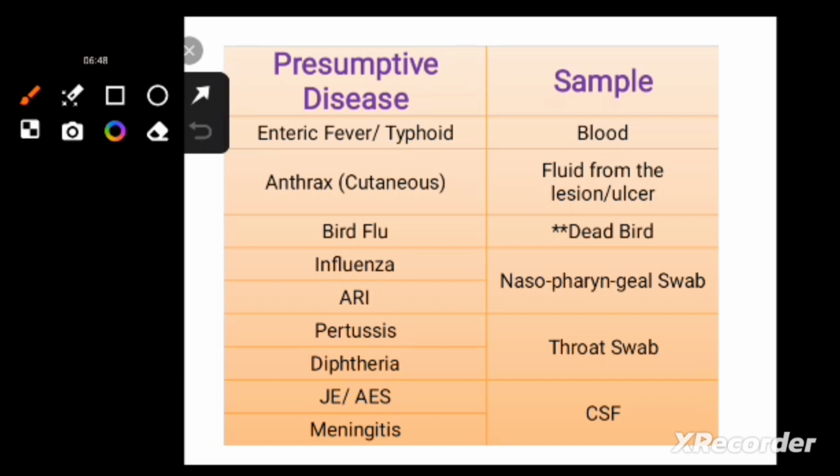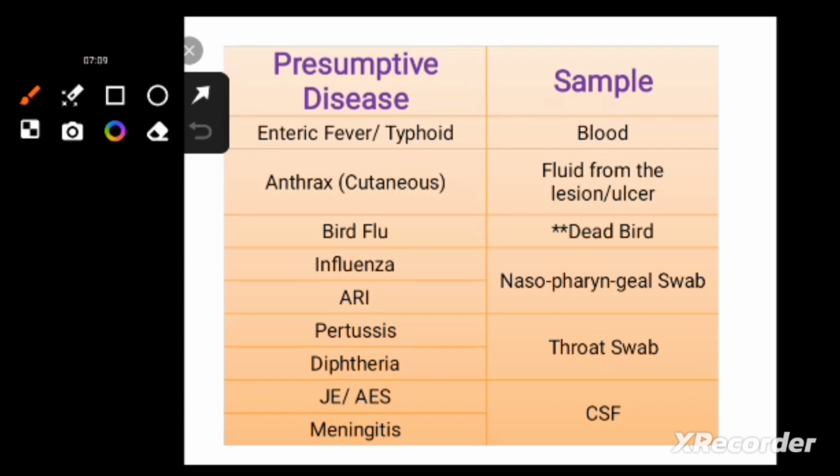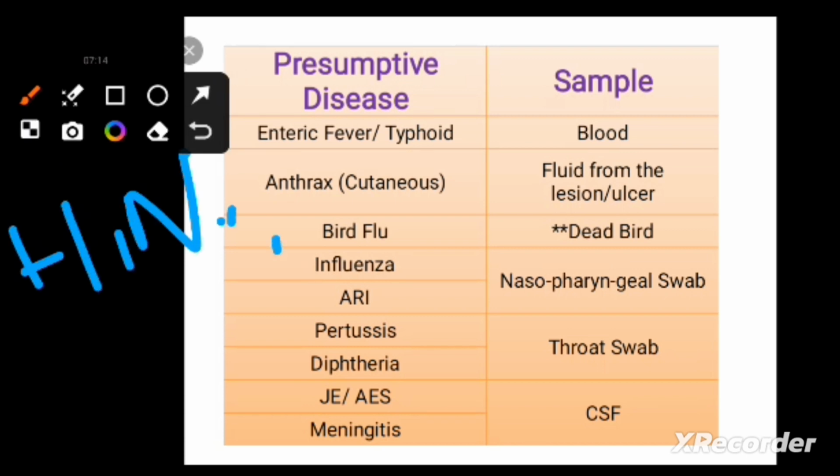For diagnosing cutaneous anthrax, fluids from the lesion or ulcer should be collected and sent to the respective lab for testing. For bird flu, dead bird sample should be collected and sent to the respective lab for testing. For diagnosing influenza, ARI, that is for diagnosing swine flu, bird flu. Swine flu means H1N1, bird flu means